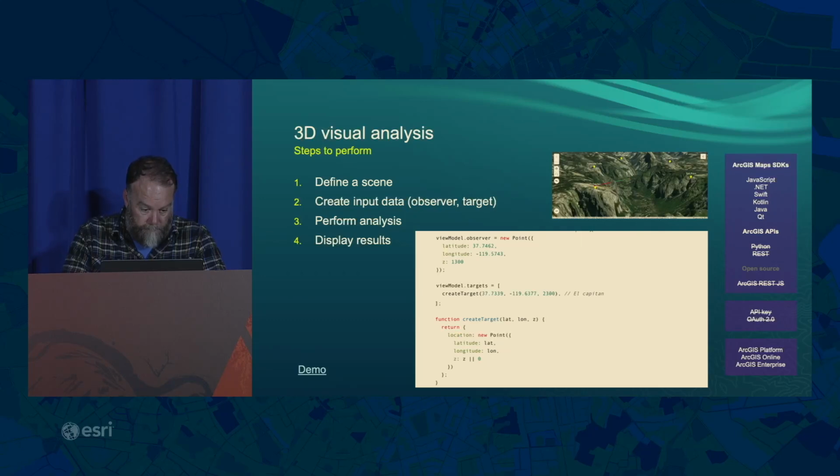It's definitely tricky getting these 3D points and getting the elevations just right and so forth, unless you write a custom app to do that. So why not use